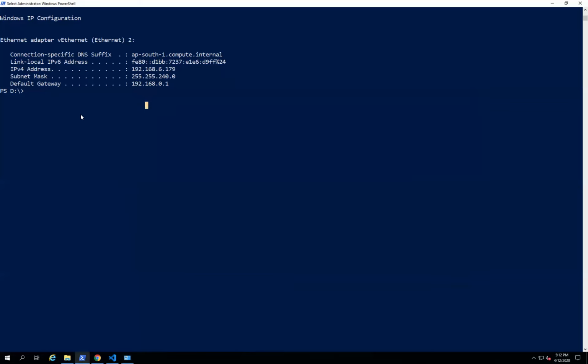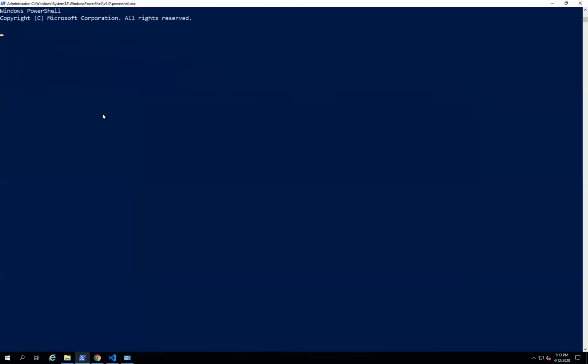All right. So we have created two containers, right? I want to connect to container one: docker exec -it win container one, and then the command is PowerShell. From this container, I want to ping the second container. So for that, I'll use ping. What is the hostname of it?